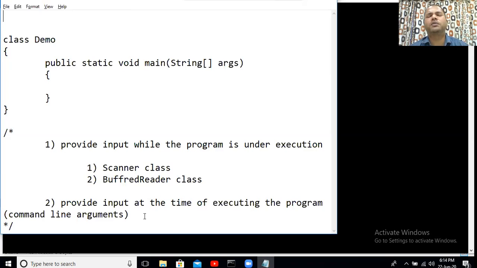Now question comes up, sir, why import of classes is required here? Why can't Java itself understand that the scanner class must be present in this particular package? So why can't Java make it automatically available in our program?